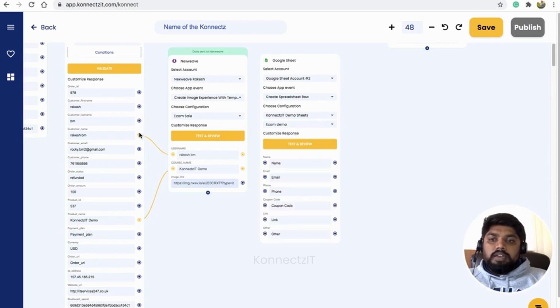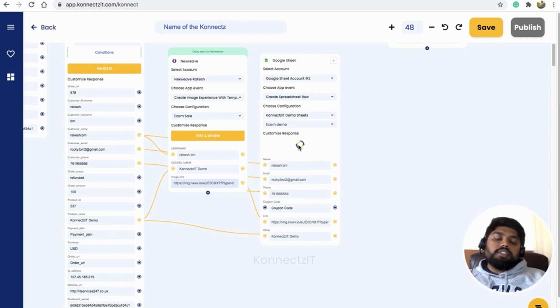The name I connect from the name field, and for email I select the email field. The phone number, I select the phone number. This time I don't have a coupon code, but I have the link, so I'll use the link and also the product name. Then click on test and review.